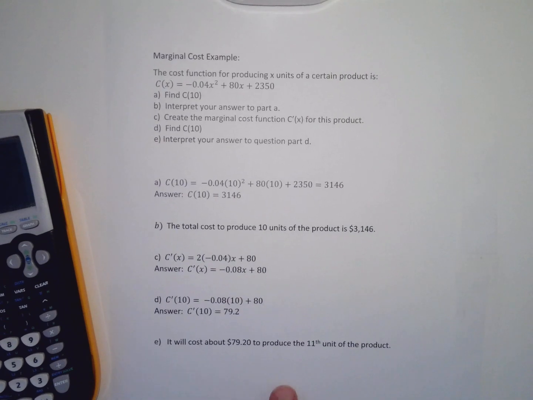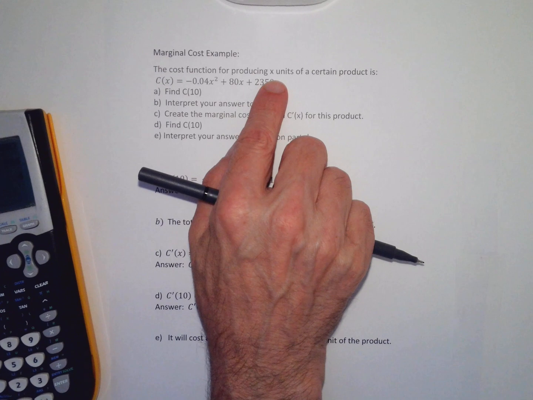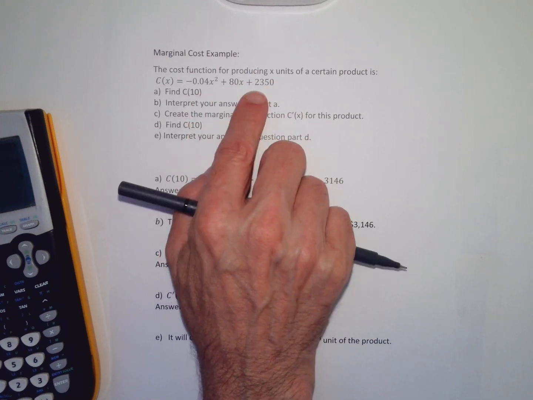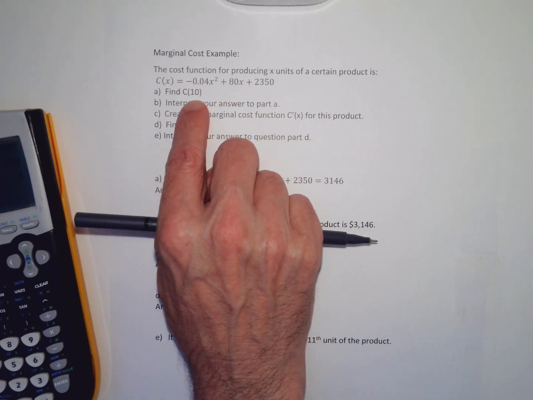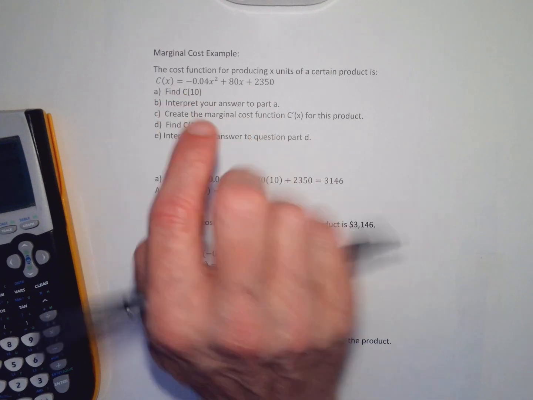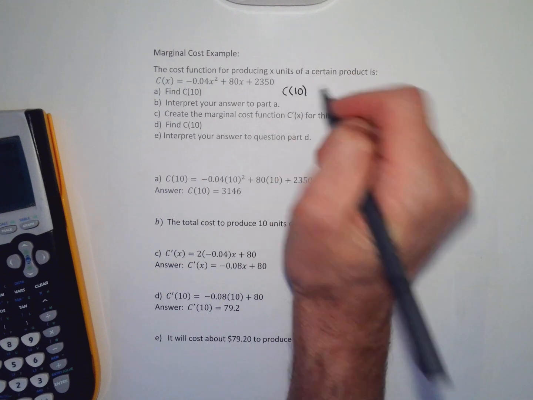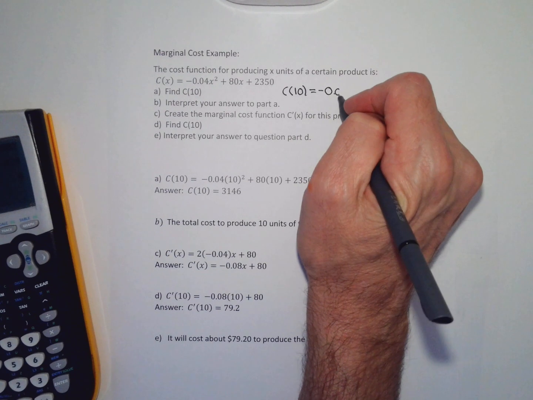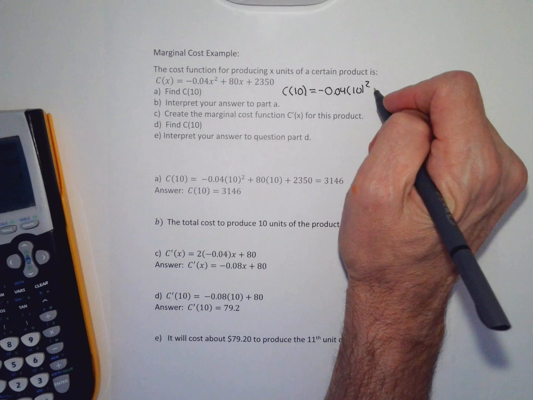Let's do the same thing with the marginal cost. So I have a cost function for producing x units of a product. And this doesn't give me a time frame, but it basically says if I make x units of a product, it's going to cost me so much money. Part A says plug 10 into the cost function just to get us understanding what the cost function for this particular product is working like. So I plug in 10 for the x's. And when I plug in 10 for the x's, I'm going to need to use my calculator. And what I'm going to get out